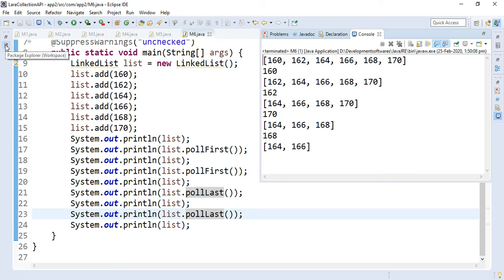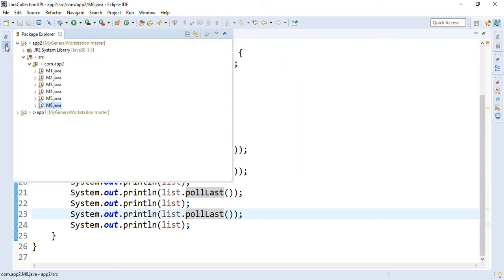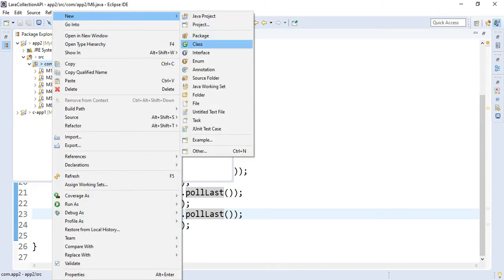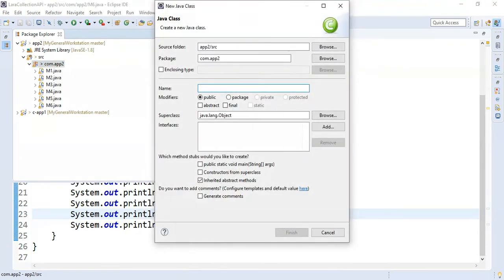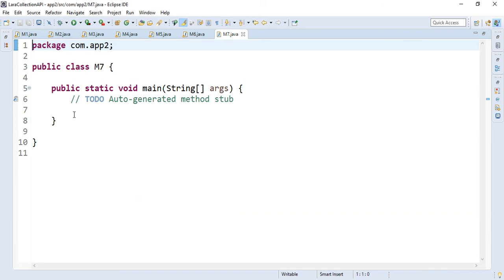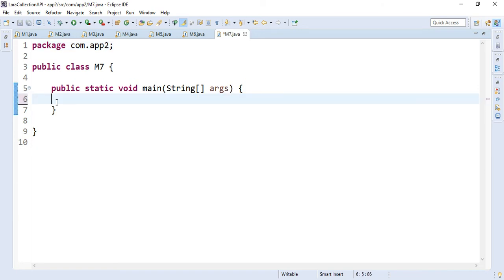Click on package explorer in the Eclipse. Right click on this com.app2, highlight new, select class. The name of the class I'll be giving it is M7, and I'll be selecting this checkbox public static void main. Then click on finish. You can remove all the auto generated stuff here. Now